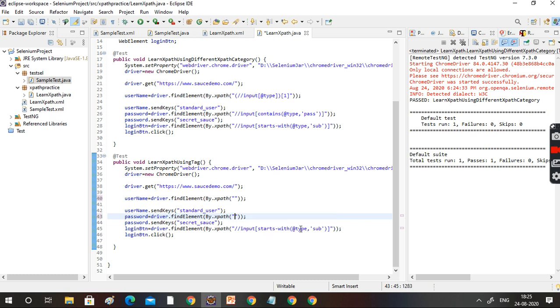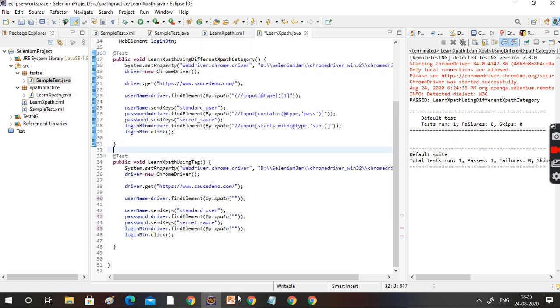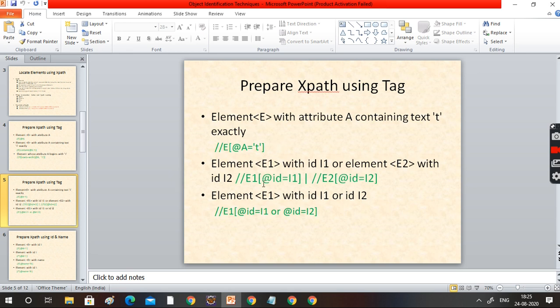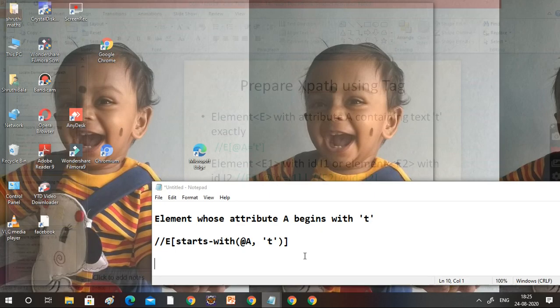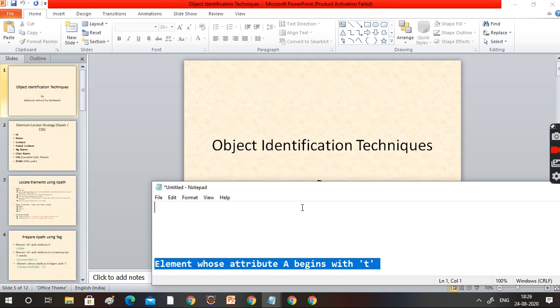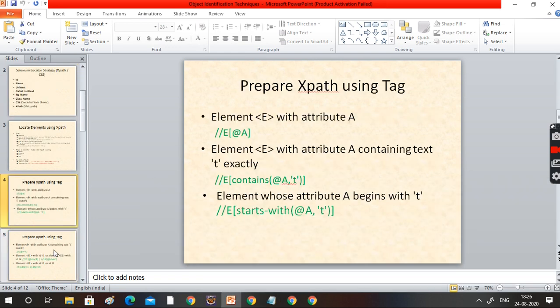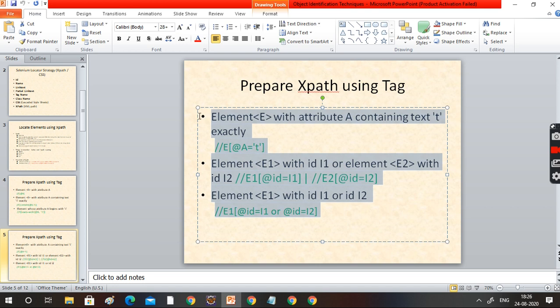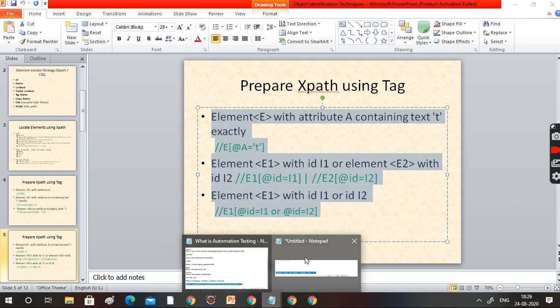We are going to use the new technique, so I'm deleting that here. This is the first test case. For the second test case, I'm going to use this technique, so let me copy this technique here.